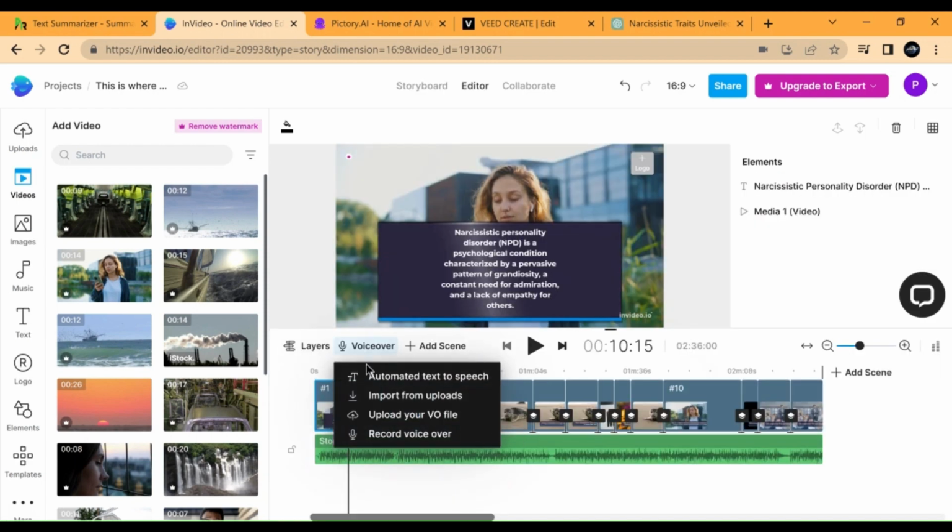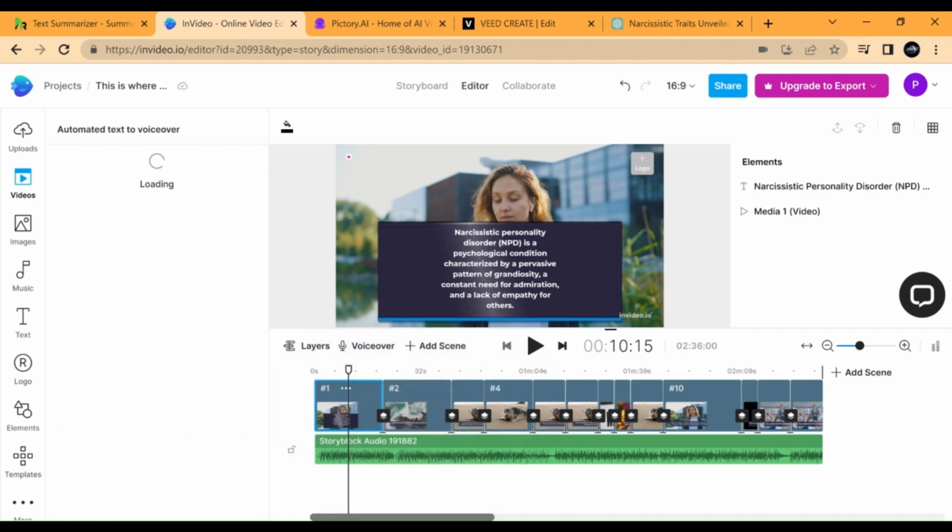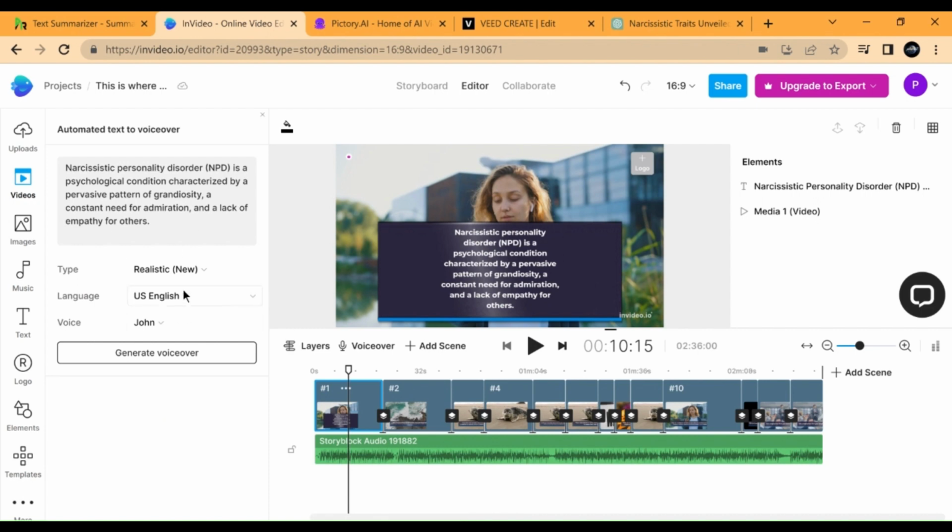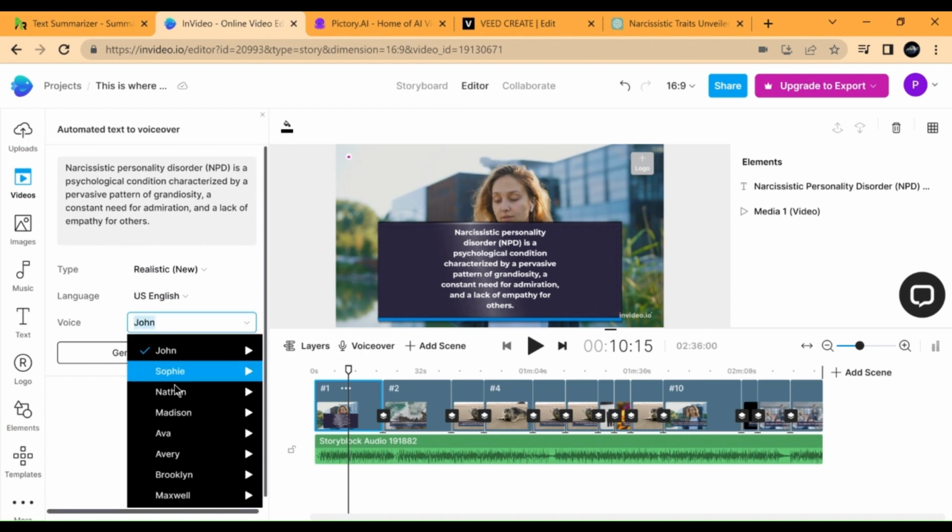So all you need to do is click on voiceover, and then it gives you the option to have either automated text to speech, import from uploads if you've already done a voiceover, or upload from your VO file or record a voiceover. So let's say I want to automate the text to speech, just click on that, and then it asks you whether you need it to be realistic or legacy. I just go with realistic, then just maintain the US English, and then for the voice